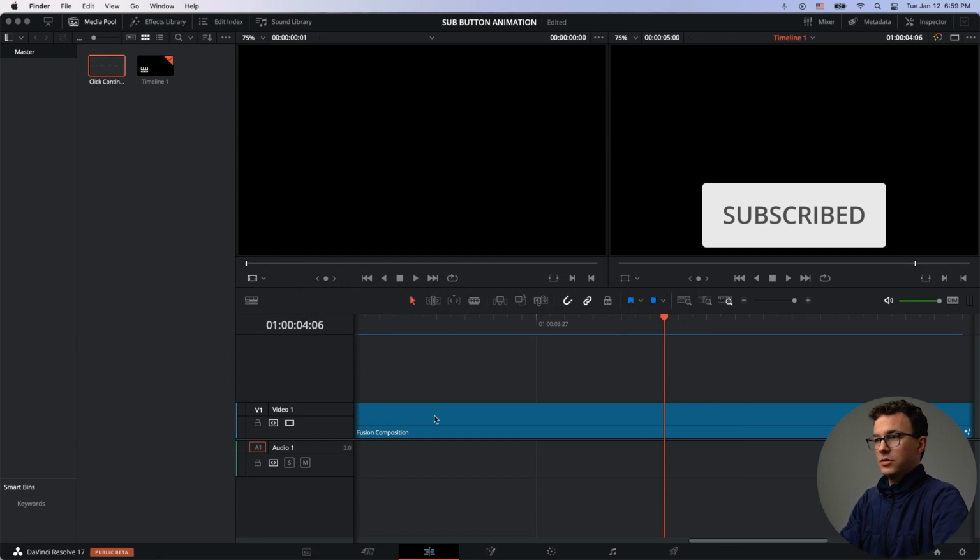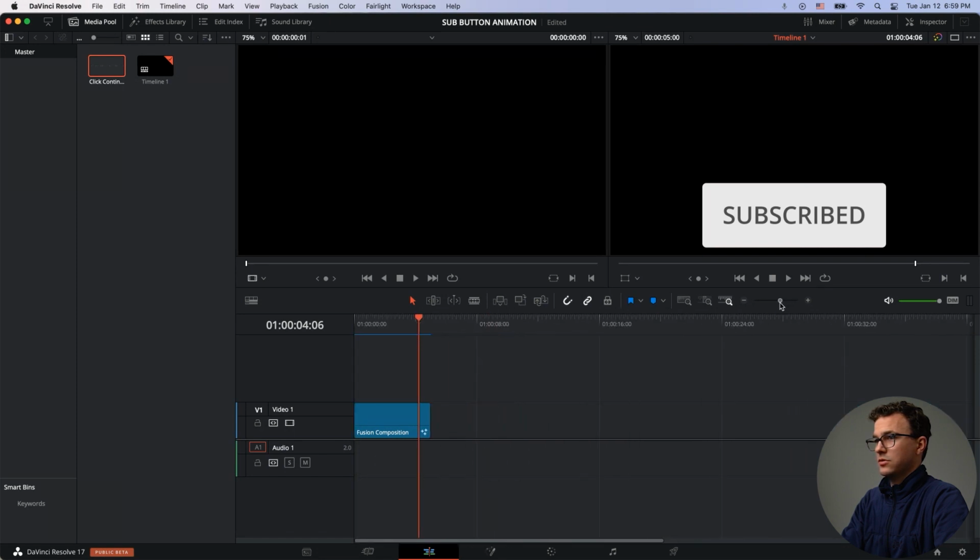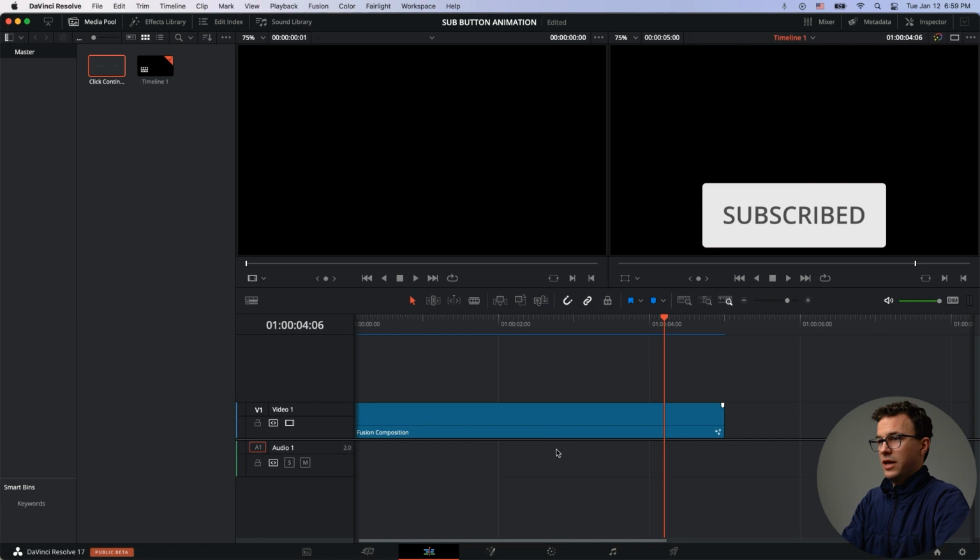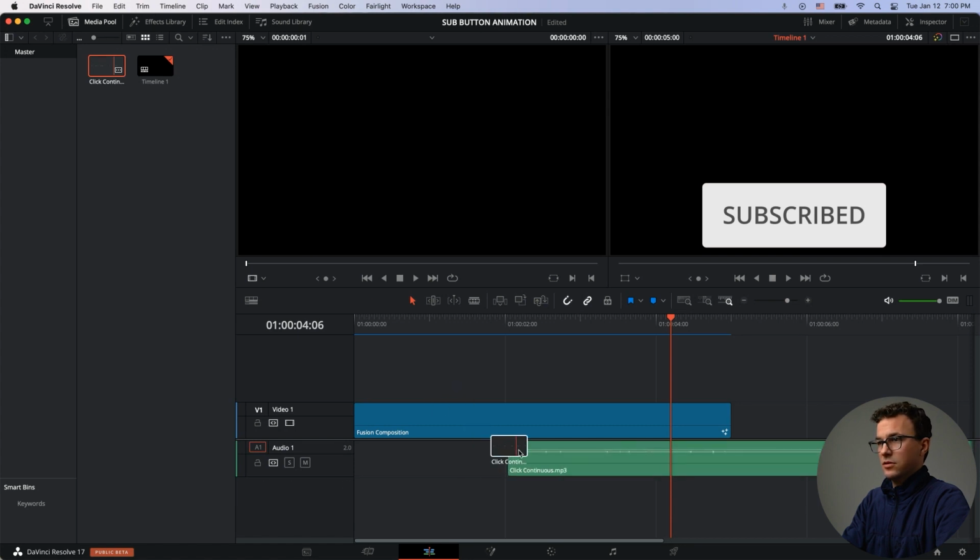And then what I'll do is, here you can basically zoom in and out of the clip. And so what you want to do is not have it be too big, something like that. And so basically at 2.5 seconds is where I would want the sound effect. So if I drag this down to here, what I would want to do is I want to be able